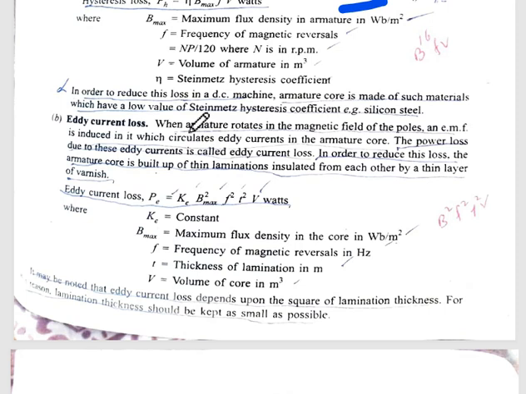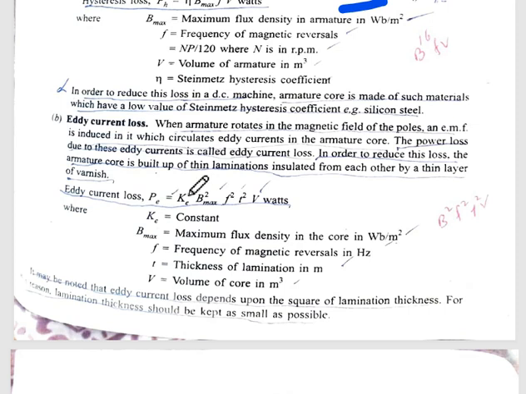Eddy current loss. When armature rotates in the magnetic field of pole, an EMF is induced in it which circulates eddy current in the armature core. The power loss due to eddy current is called eddy current loss. In order to reduce this loss, armature core is built up of thin laminations insulated from each other by a thin layer of varnish. Eddy current loss is given by